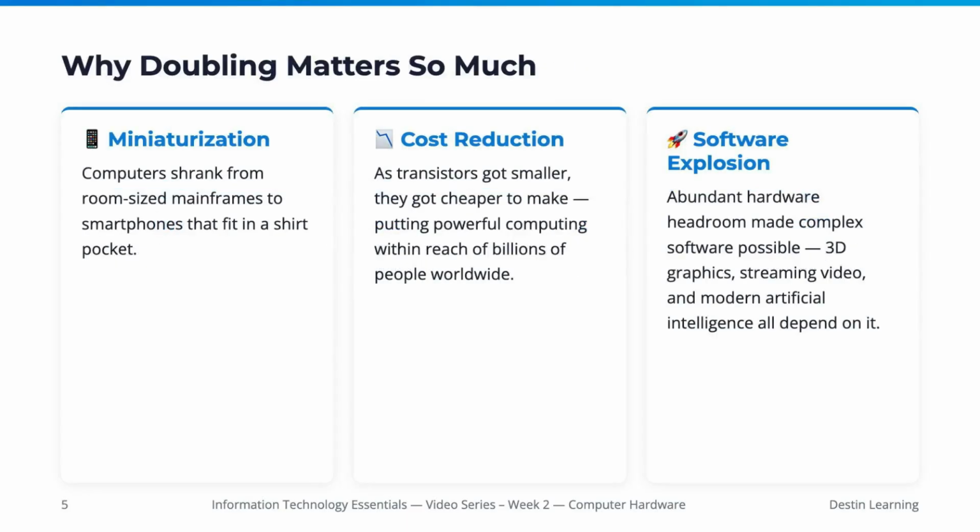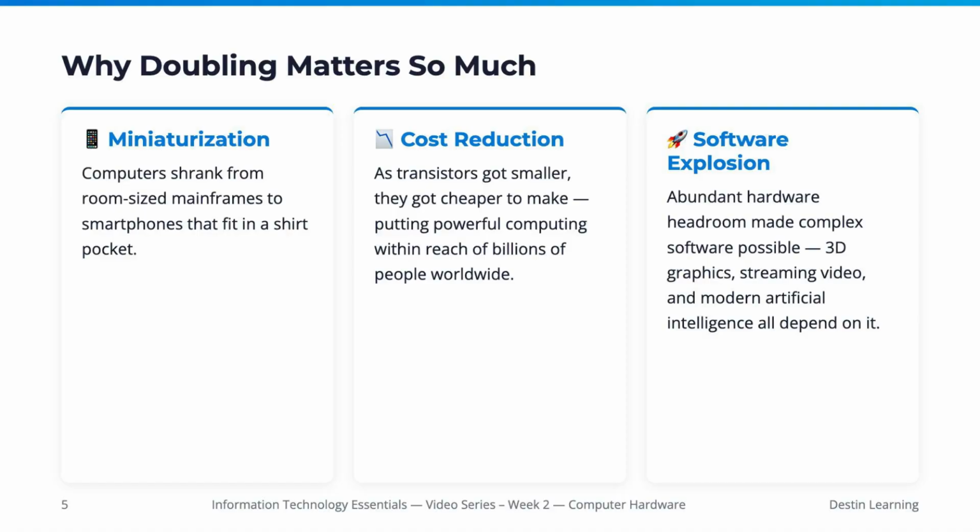Now, this consistent doubling had 3 profound consequences for technology and society. First, miniaturization allowed computing systems to shrink from room-sized mainframes down to pocket-sized smartphones. Second, cost reduction made microprocessors significantly cheaper per transistor, making powerful technology accessible to billions of people worldwide. Finally, the dramatic increase in compute headroom sparked a software explosion, enabling complex capabilities like three-dimensional graphics, video streaming, and